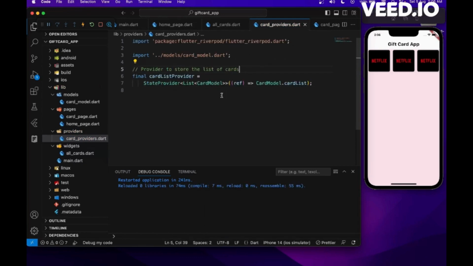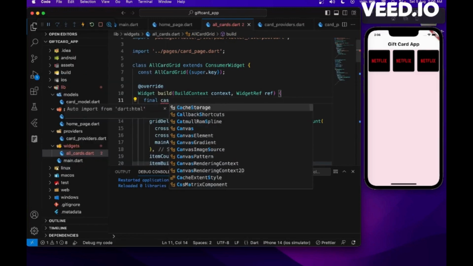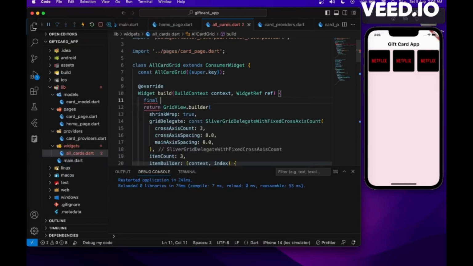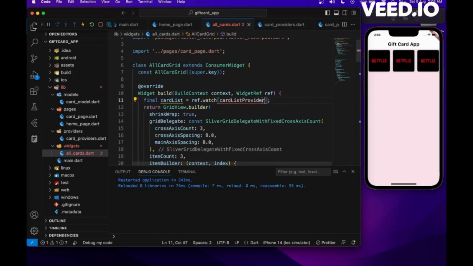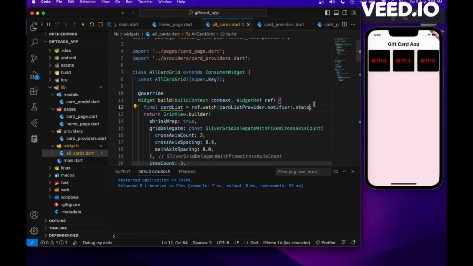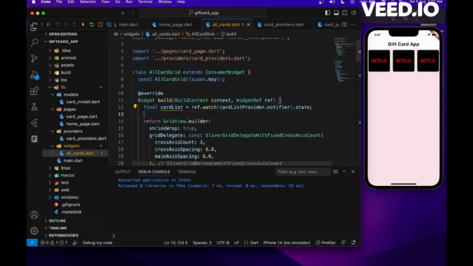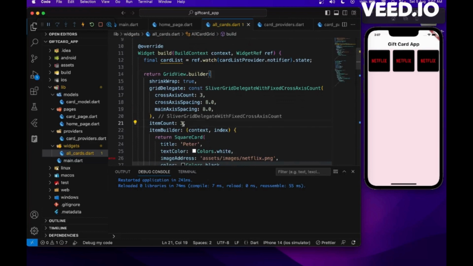And now let me use this cardListProvider in our home page, that is the AllCard widget, so that we can get the list of cards that we have and access all the cards. Now let me declare cardList in our AllCard widget so that our provider can communicate with the card list widget. So this ref.watch gives us a communication between them,